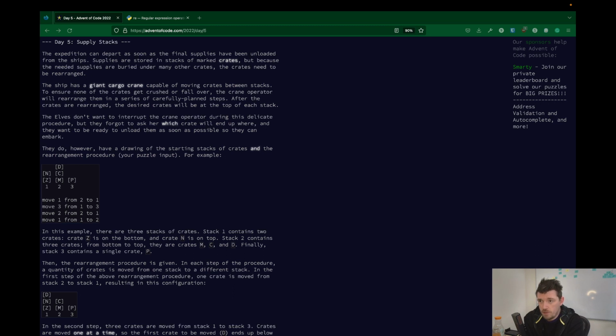The elves don't want to interrupt the crane operator during this delicate procedure, but they forgot to ask her which crate will end up where, and they want to be ready to unload them as soon as possible so they can embark. They do, however, have a drawing of the starting stacks of crates and the rearrangement procedure, which is our puzzle input. For example, we can look at an example here where we have